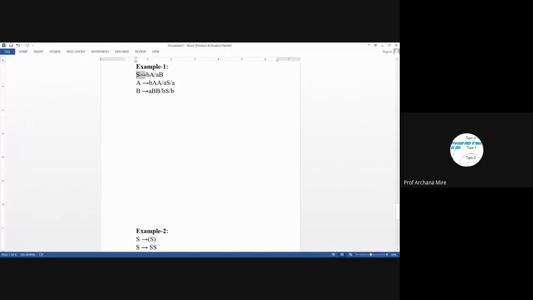Once again, just like in the earlier example, we will go one by one through each production rule. So the first production rule is S leads to BA. Once again, the length of the production is 2, and if the length of the production is 2 or more than 2, then we need to replace the corresponding terminal symbol with a new non-terminal symbol CB.